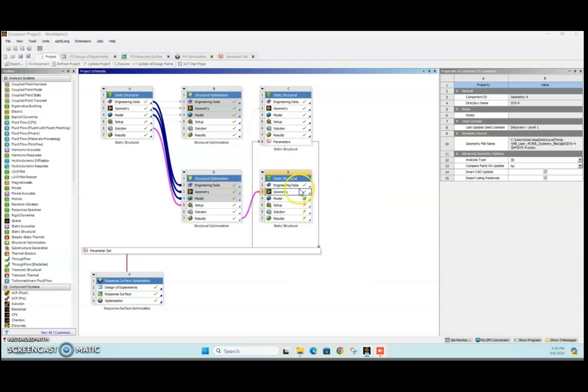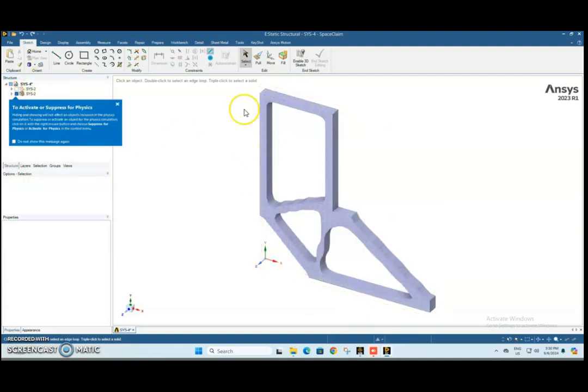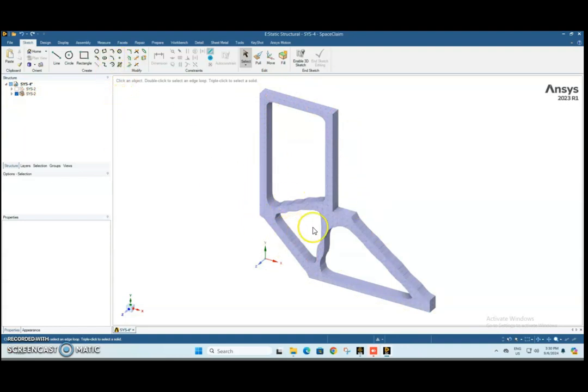You can now edit this geometry in SpaceClaim. When you click this, you will be opening SpaceClaim, right? Under SpaceClaim, you will see that's your model. Earlier, the full solid L-shaped model as well as the topology optimized model all appear here. Under these structures, you can now hide these full structures. Then you can start to remodel these